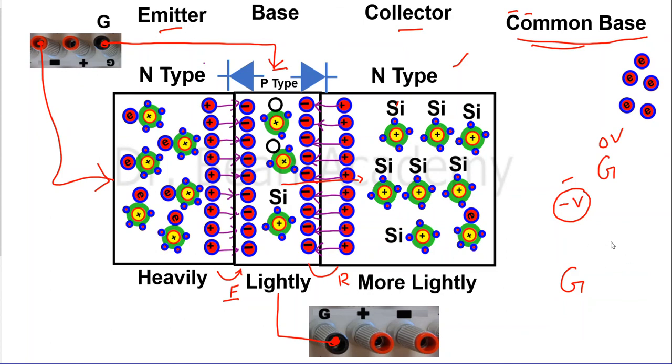So it means I have to connect the collector at a higher potential or a positive V, because then positive will be at higher potential, so it will serve as positive and ground will work as negative. So the N-type side is connected with the positive side of the power supply, and the P-type side will now serve as a negative terminal. In case of the emitter, it will serve as positive, but in case of the collector, it will serve as negative, because now it is at lower potential, and lower potential is like negative potential. So now it is working in active mode,